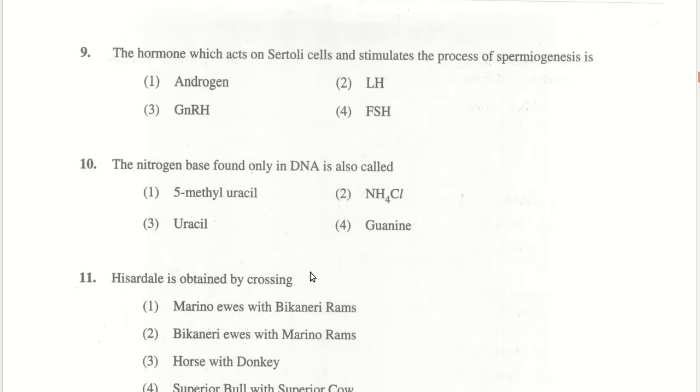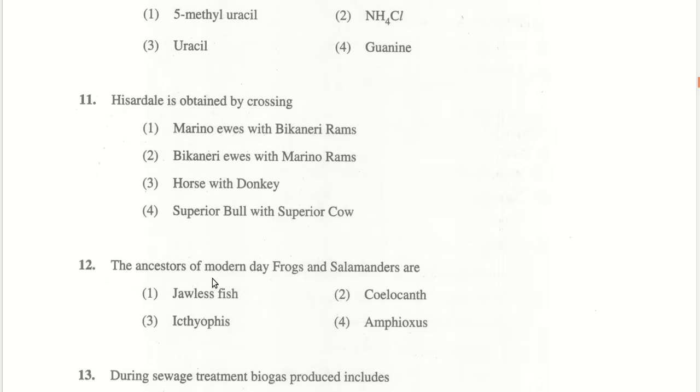Hissardale sheep is obtained by crossing. So the 11th one, Hissardale is obtained by crossing Bikaneri ewes with Merino rams. So that is the correct combination. Bikaneri ewes with Merino rams, when they are crossed, we obtain this variety called Hissardale. The ancestor of modern day frogs and salamanders are coelacanth. Coelacanths are the ancestors of modern day frogs and